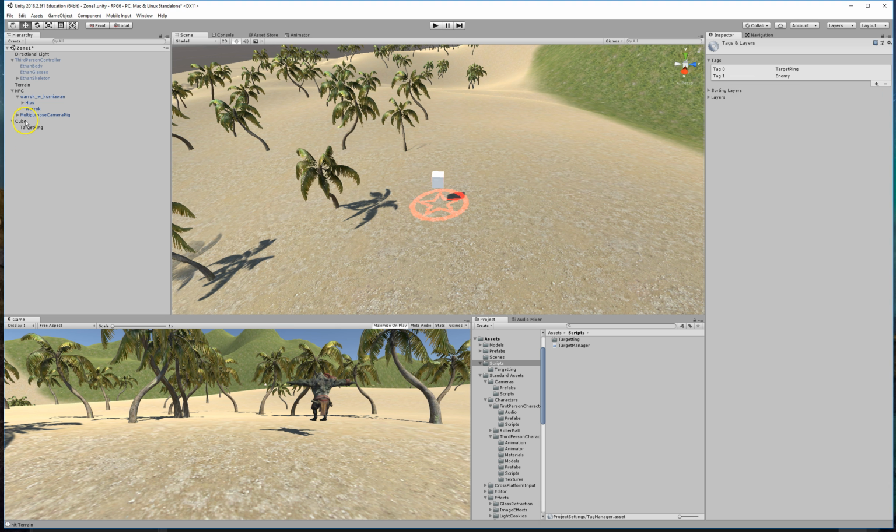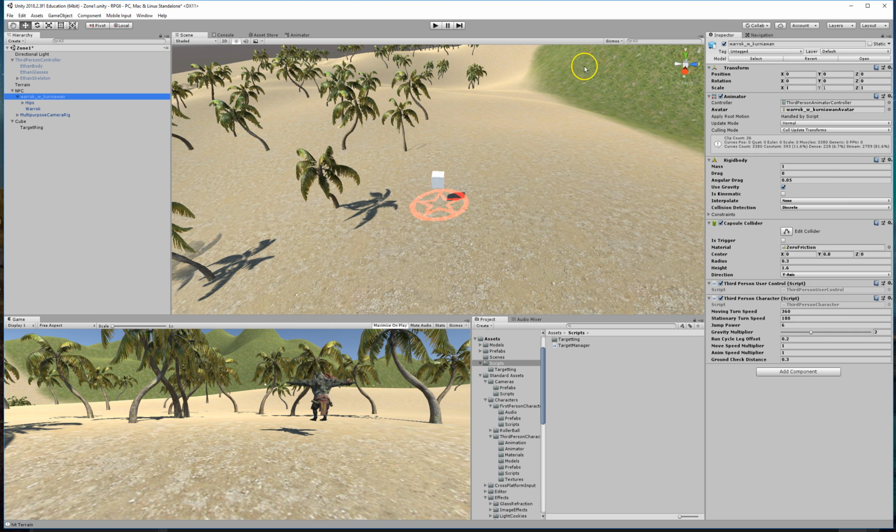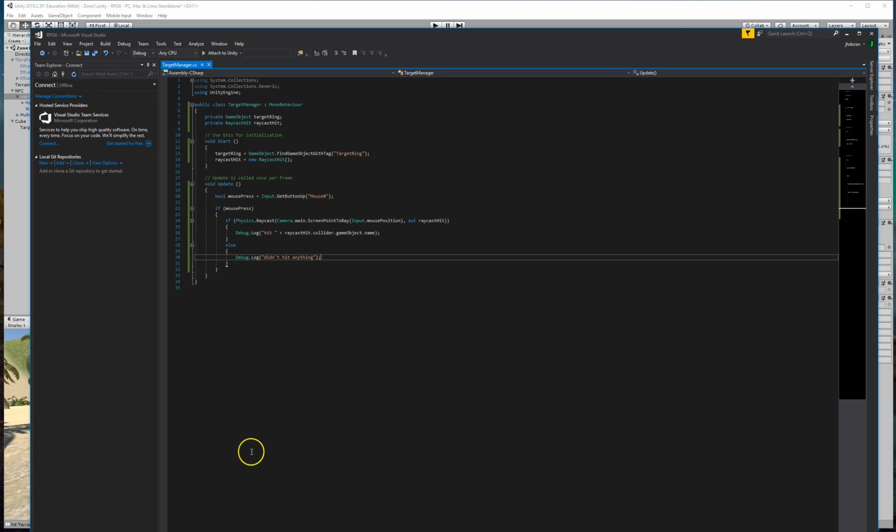This would allow me to target this as a potential enemy, as something that would be targeted, and leave off the other tags. So what I could do then is to come here and say something like, if